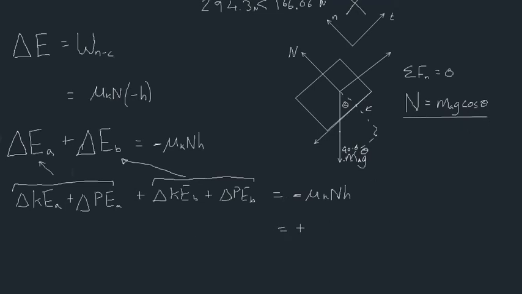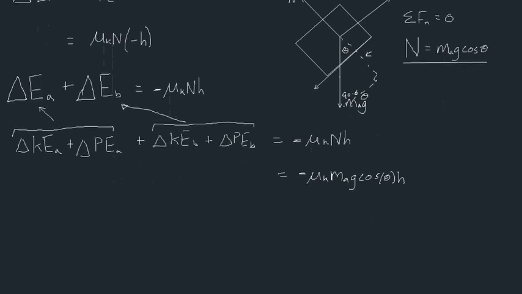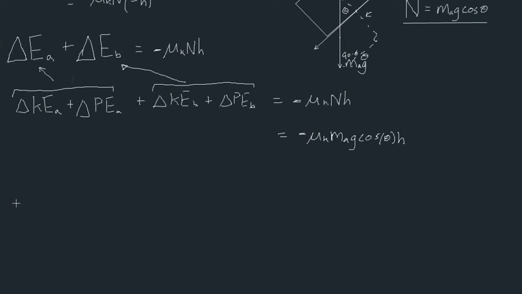Consequently, we can write this as minus mu_k m_A g cosine theta h. And let's see if we can express the left-hand side out a little bit more. Well, the change in our kinetic energy of block A will just be a half times the mass of our block m_A times the magnitude of the velocity of our block at our second point, I'll just write v_2A, squared minus v_1A squared, plus m_A g, this is our potential energy. Notice that elastic energy is not involved in this problem, times our change in height, y_2A minus y_1A,